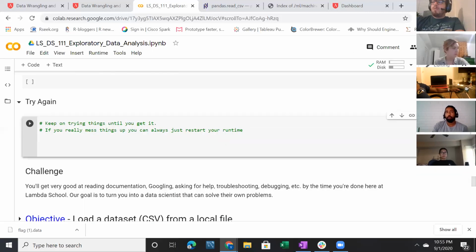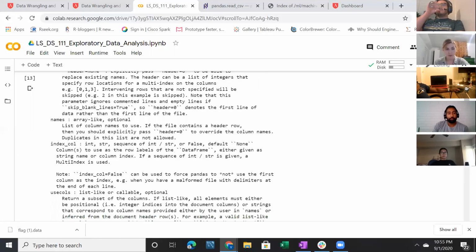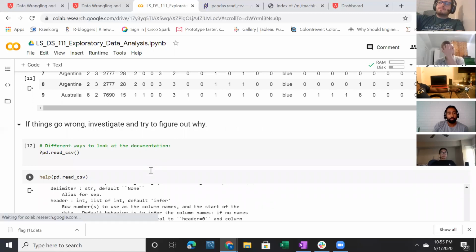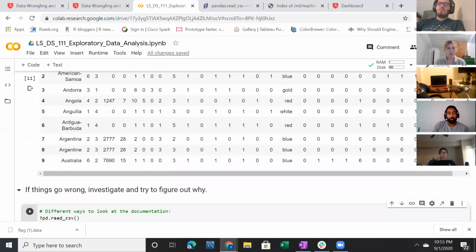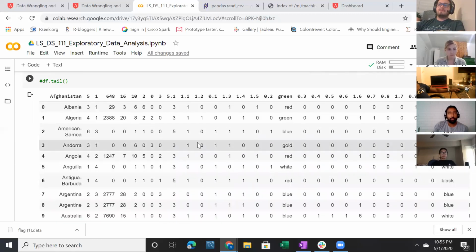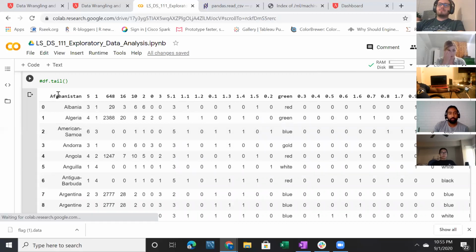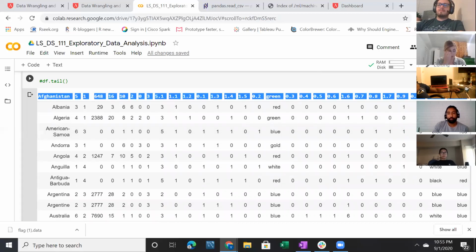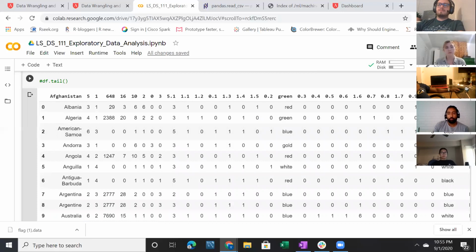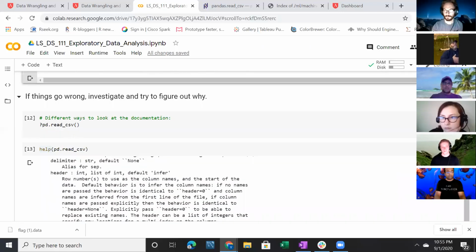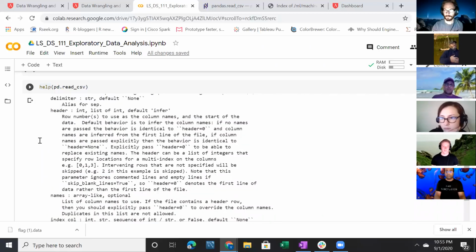Okay, so let's take a look at our data set again. Let's go back. Scroll up to the top. Now the issue we were facing was that the first row of the data was showing up as the header. And we referenced our documentation, and it said that when I use this help pd,